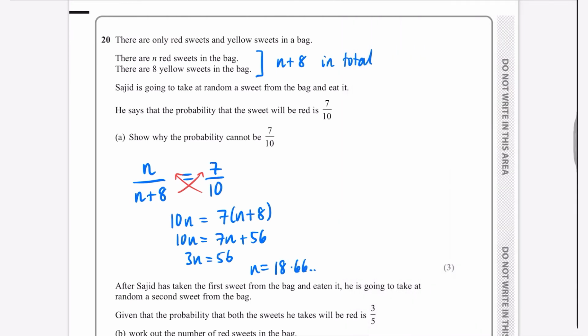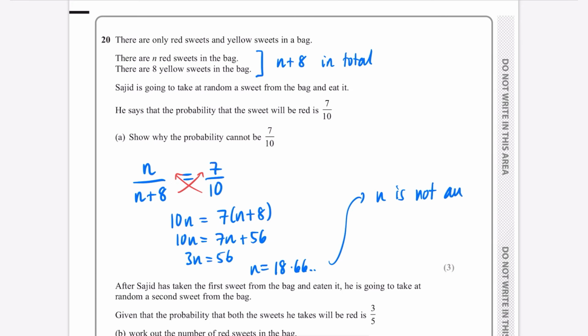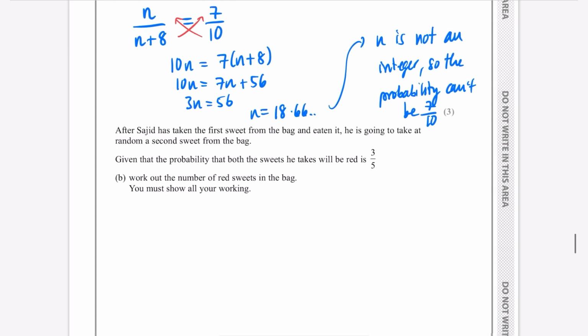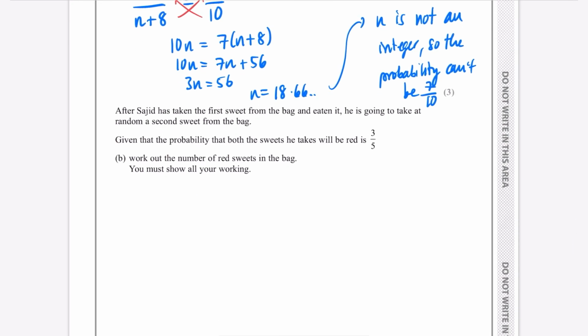18.666, and you can't have 18.6 reds, so n is not a whole number, or not an integer, so the probability can't be 7/10. Because it doesn't make any sense to say that there are 18.6 red sweets. It doesn't work. So after Sajid has taken the first sweet from the bag and eating it, he's going to